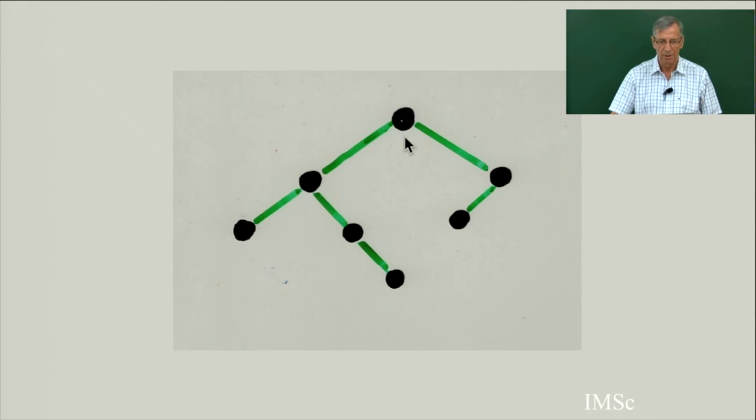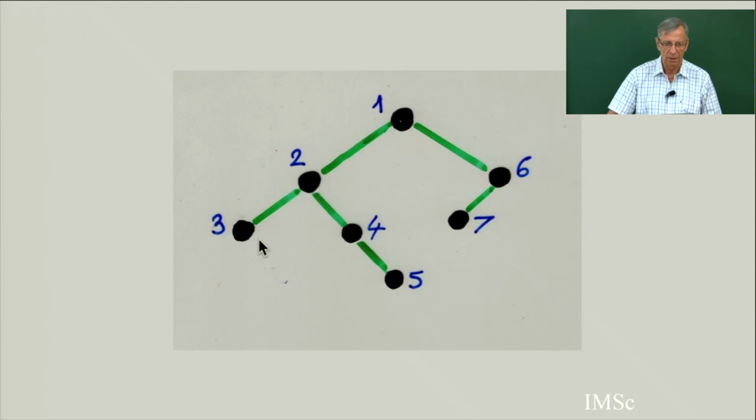So for example, in pre-order, first you visit the root, so you put a 1, then the left subtree recursively, so you put a 2, etc. Then I have finished the left subtree of the root, so I go to the right subtree. When I finish all of this, 2, 3, 4, 5, I have finished the root, so I go to the right subtree of this, then the root, then the left subtree. The right subtree is empty. So this is the total order of the vertices of a binary tree, which is called pre-order.